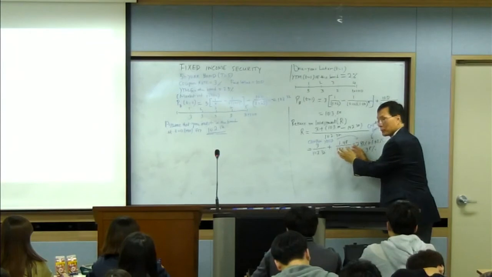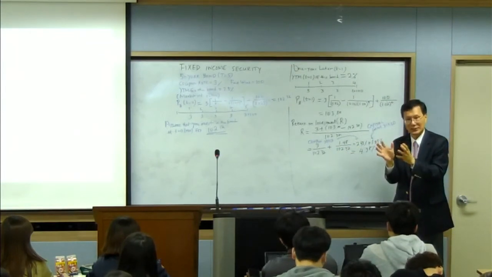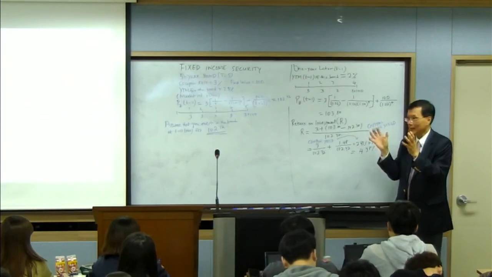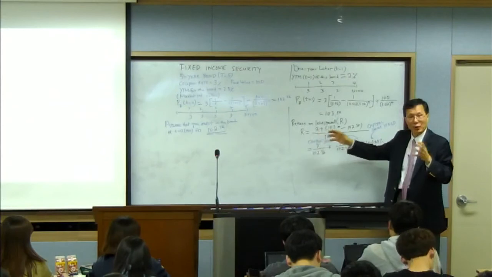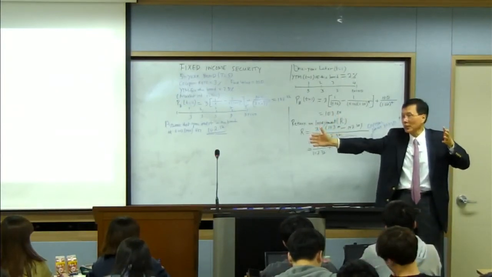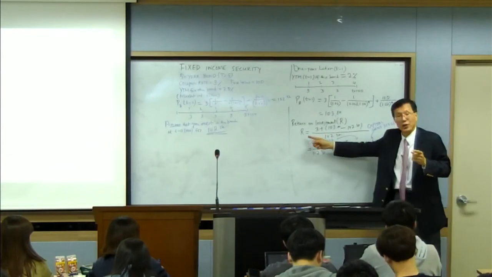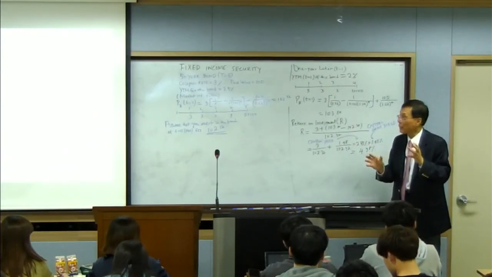And the second component, capital gains. Okay? Does it make sense? So when you are investing in a bond, unless you invest until maturity, your rate of return on investment is not necessarily the same as